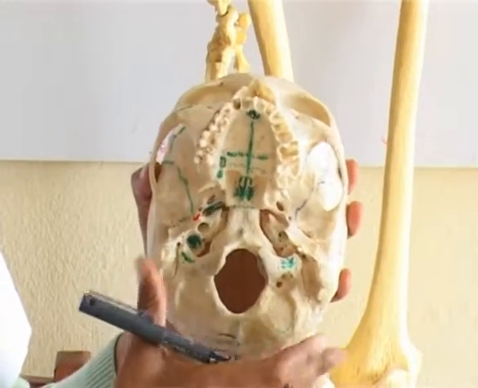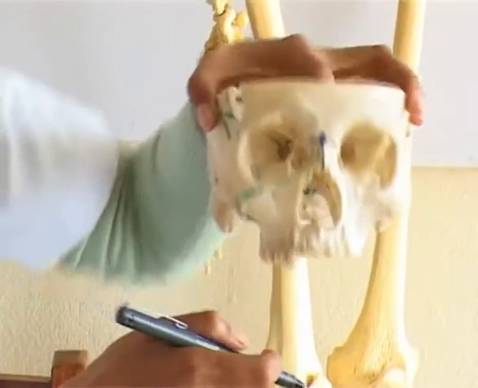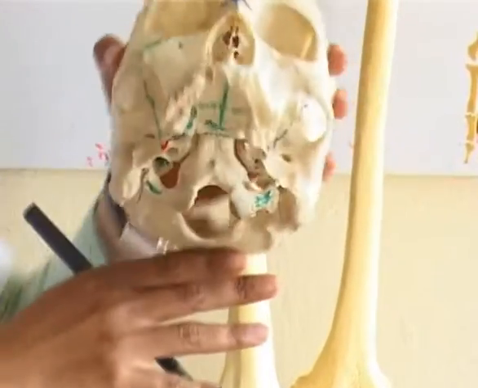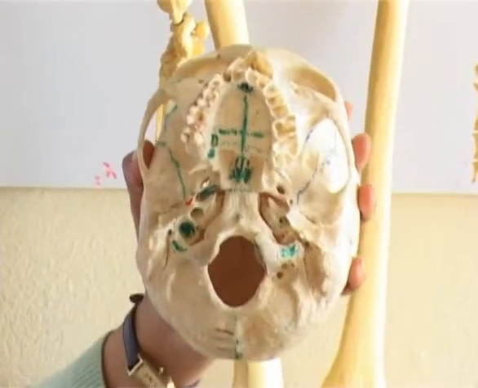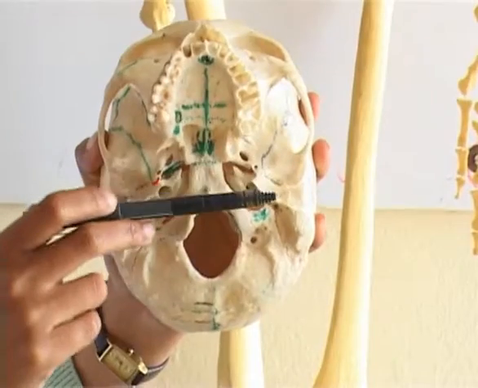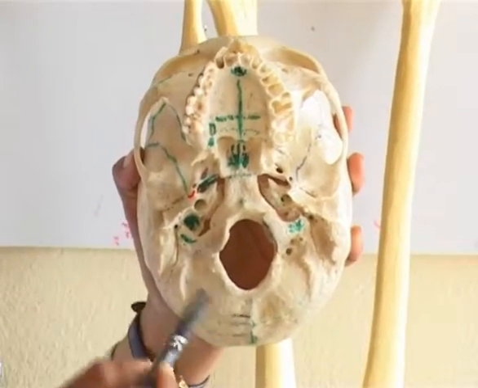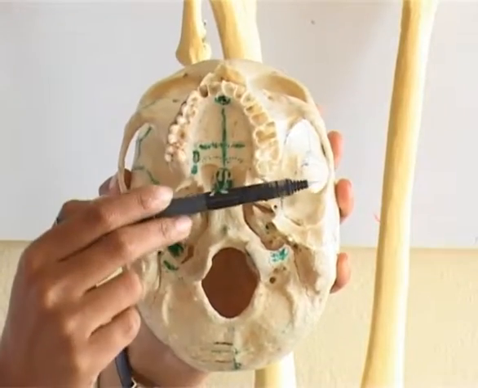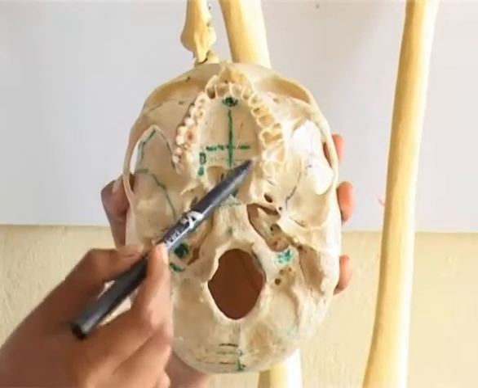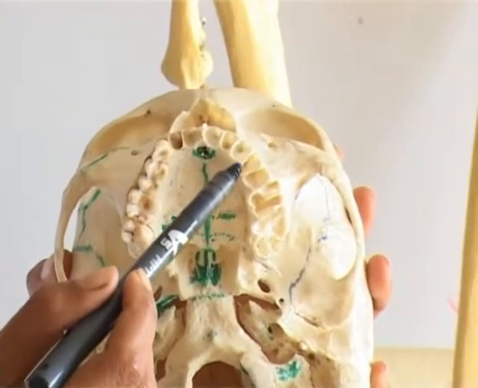Norma basalis. The view of the skull from the inferior or basal aspect is called norma basalis. It is divided into 3 regions: anterior part, middle part, and posterior part. The anterior part of norma basalis. There is an alveolar arch containing sockets for 16 upper teeth.